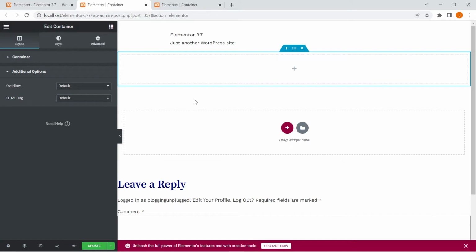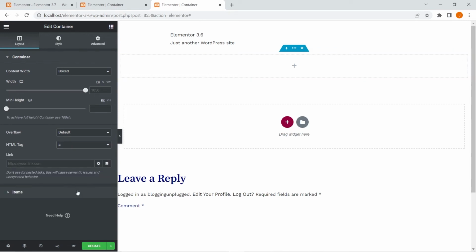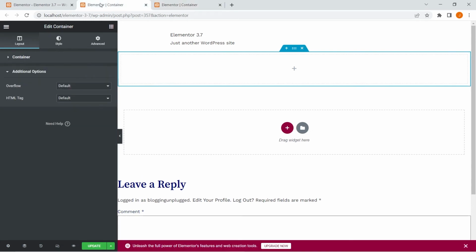Now the next change that has been introduced in the Elementor 3.7 container widget is the addition of a new note or a warning that you will see when you select the anchor tag in this HTML tag drop down, which is right over here. Now I'll tell you more about this, but let's just see this feature in Elementor 3.6 first right over here. So I was saying that a new note has been added, and that warning is missing when you select the anchor tag in Elementor 3.6. So let's just select it right over here. And you can see it just gives you an option to add the link, and there is no warning, no new note. Okay, now this has been added right over here,